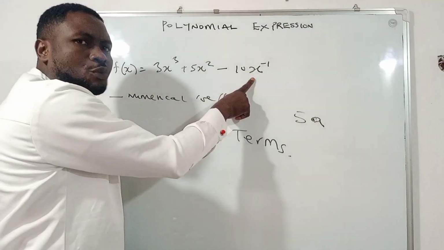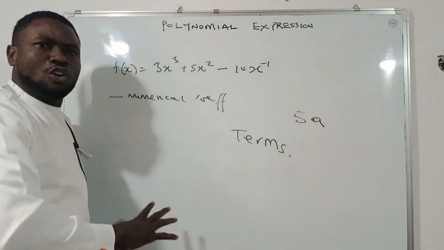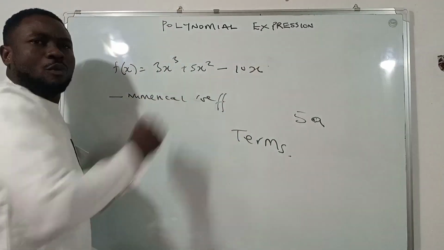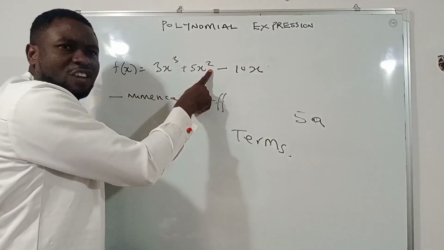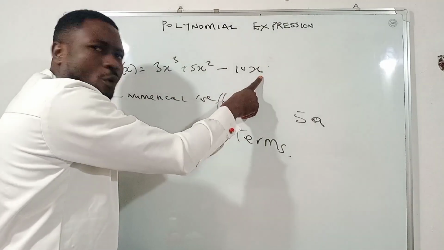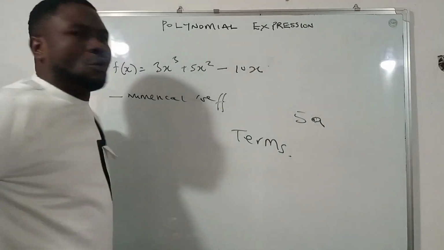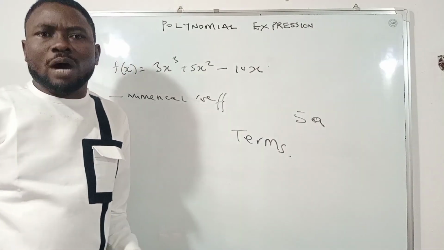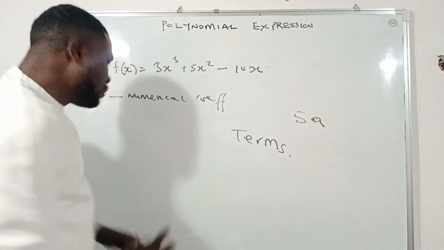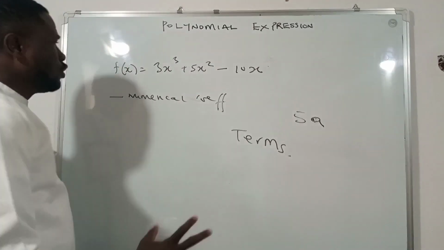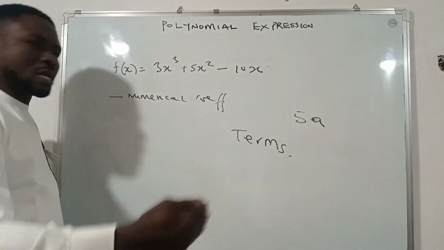power of this variable is what? Minus. We said for it to be a polynomial, the power of the variable must be a positive power. Now, there is a positive power of 3, a positive power of 2, a positive power of 1, which is why this fits into the definition I have given you, the definition of a polynomial. Very, very important. Now, having understood what a polynomial is, the next thing we have to discuss is what we call